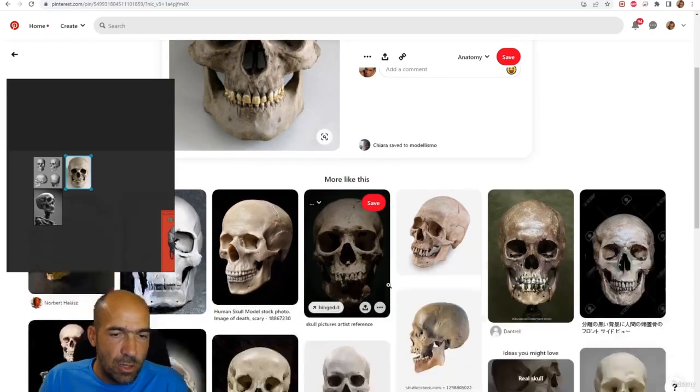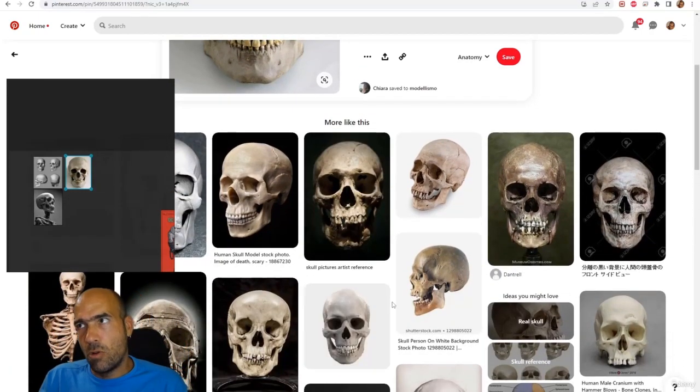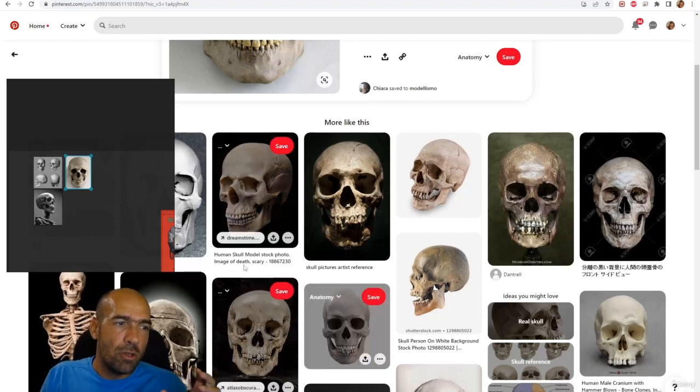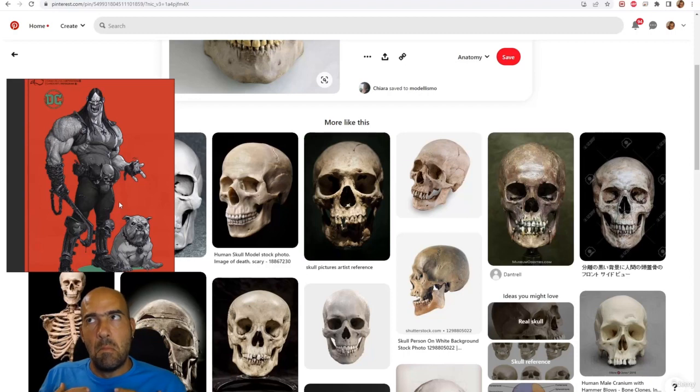Yes, we can use it, but be very careful what references you use, because I told you your art will be as good as your references. If your references are bad, if your references are art from an artist who is not as good, then your art will not be as good. So be very careful. I'm not saying that I'm the best. I'm not saying that my art is amazing or the best ever, but I'm trying to use references which are better than my